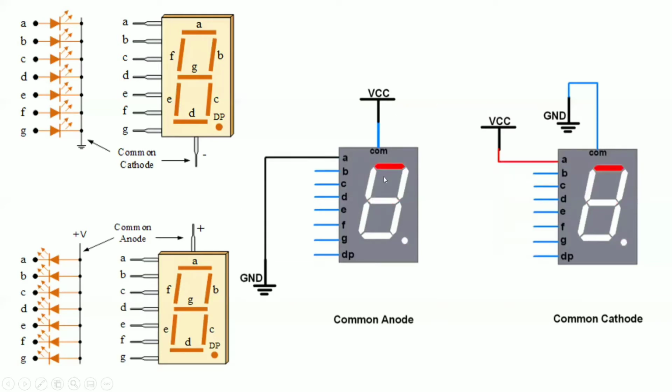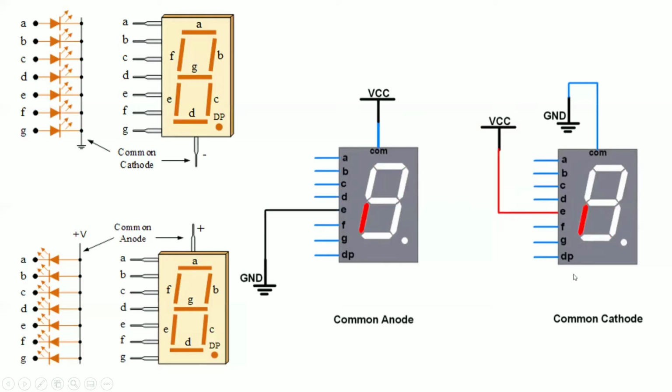And you can see the difference between common cathode and common anode in this GIF. If you want to turn on the LED, what is the value you need to provide to the particular pin? 0. Whenever you give 0 to it, only then does the LED get turned on, so the current flows from the power supply through the LED to the ground. This is how it works in the common anode configuration.